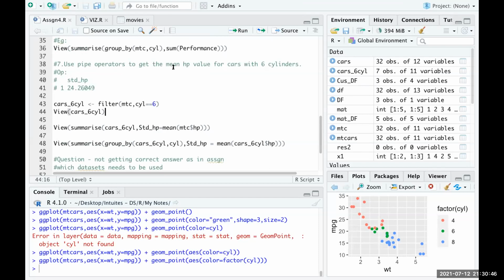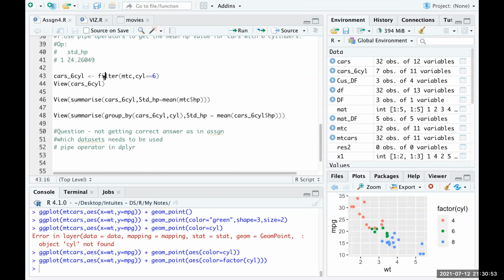Use pipe operators to get the mean value of HP for the cars with 6 cylinders. I use this filter function and I have stored this in a variable. I'm getting the output for that, but this output is not matching this one. Is anything wrong with my code?